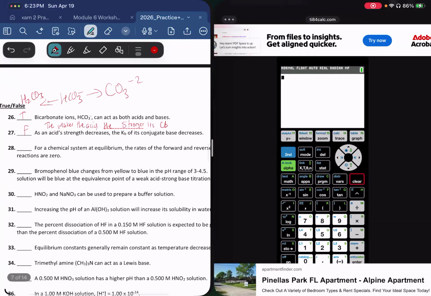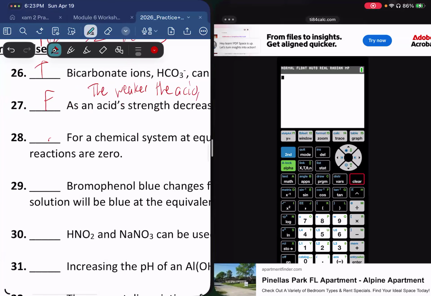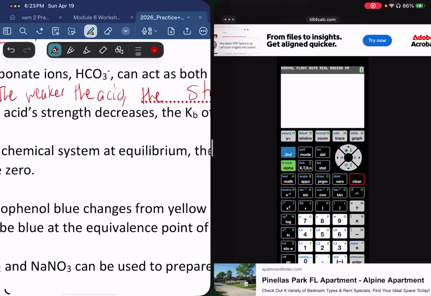That's a really important rule because you'll see it a bunch of times on your exam probably. 28, for a chemical system at equilibrium, the rates of the forward reaction and the reverse reaction are 0. This is false. At equilibrium, there's two things you need to know. The concentrations of products and reactants are constant,